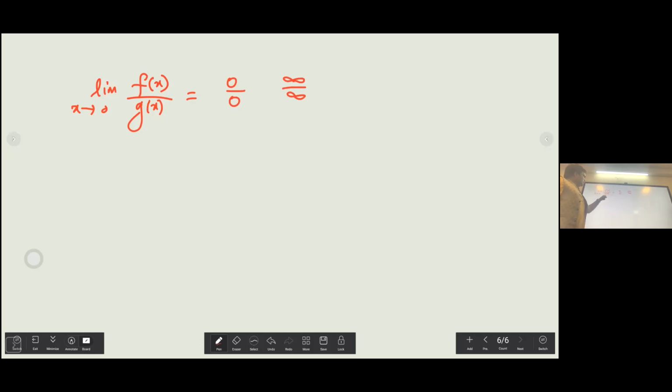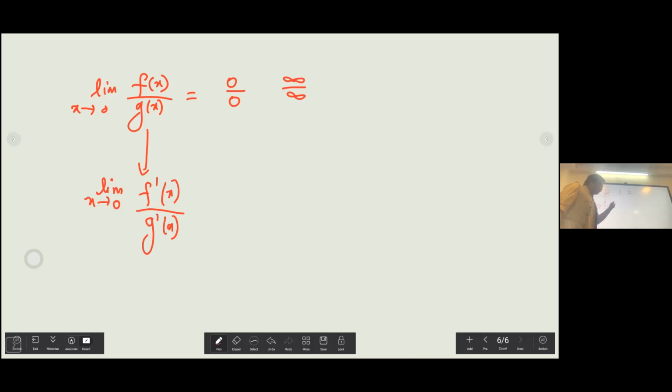So if your expression is in this form, you can keep differentiating the numerator and denominator until this form disappears. So let's say if you have got this expression, you can do limit x tending to 0. This will be the same as f dash x upon g dash x. But don't apply the quotient rule as a whole. Don't think that this is a single fraction. So try to do the derivative of the numerator upon the derivative of the denominator.